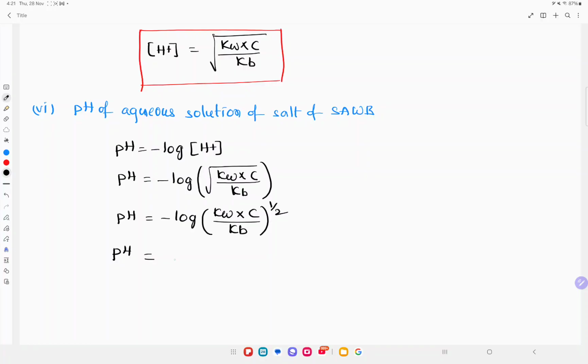So what can we write? Minus 1 by 2 log KW plus log C minus log KB. Log A into B is log A plus log B, and log A by B is log A minus log B. Since KB is in the denominator, it becomes minus log KB. So pH is equal to minus 1 by 2